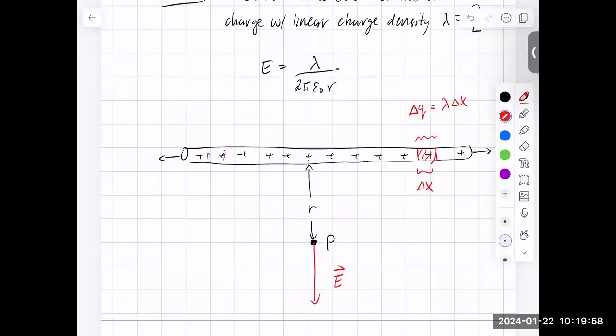So what we did is we said, okay, let's find the vertical component of the electric field due to the piece of rod of length delta x. And then we're going to add up the contributions from all the little pieces